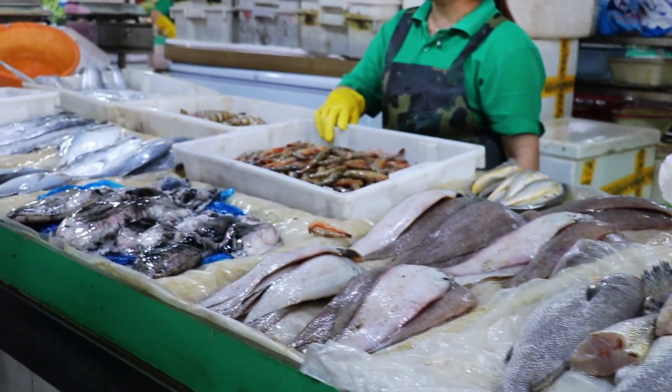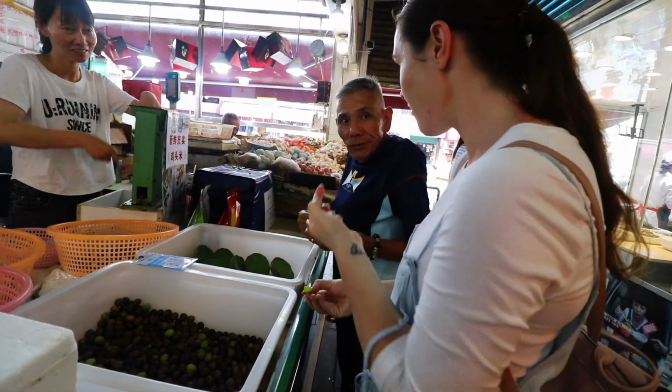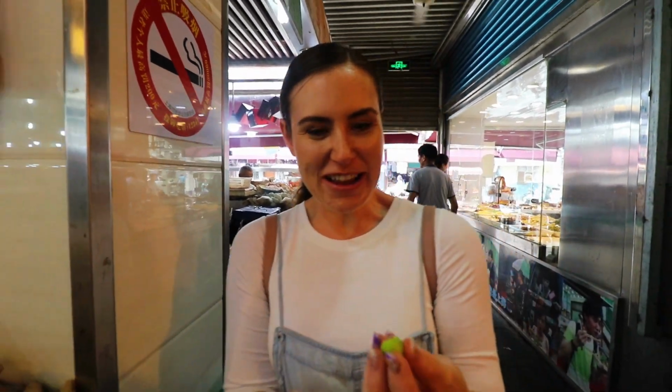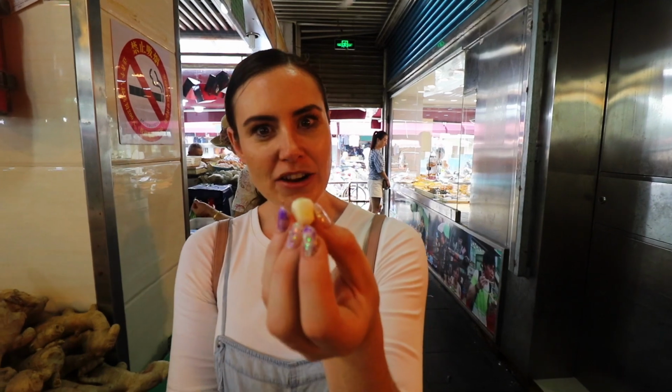So like all wet markets here in China, there's a real mix of the meats, the fish, the vegetables, all kinds of different things. It really is such an interesting experience seeing how different countries do the fresh market. It tastes like a snow pea almost. Yeah. So I was just walking past and they gave me this lotus flower seed to try. So you peel the green bit off,